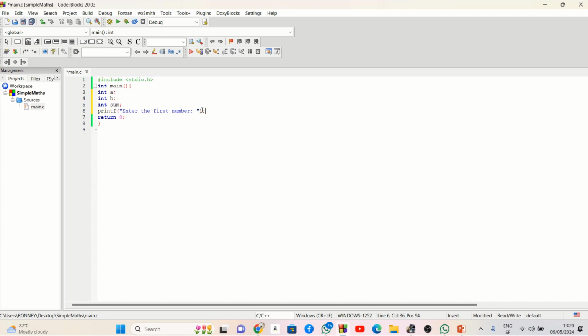Then if I tell the user to enter the first number, I will have to scan that number and store it in the memory location of the computer. So I'll use the scanf command, the scanf tool, sorry. Scanf is normally used to translate to the compiler what has been entered by the user. So in scanf,